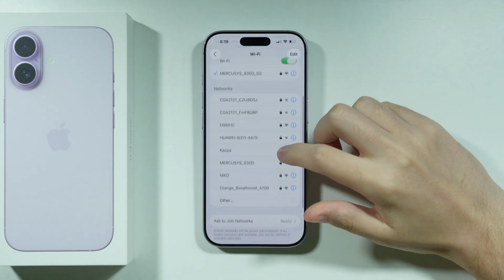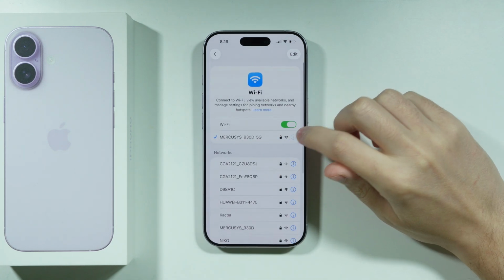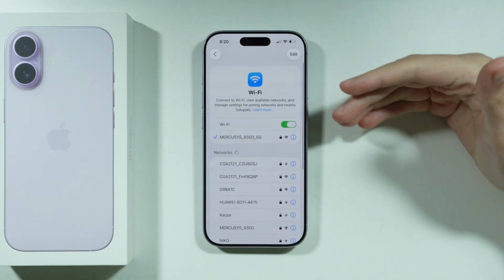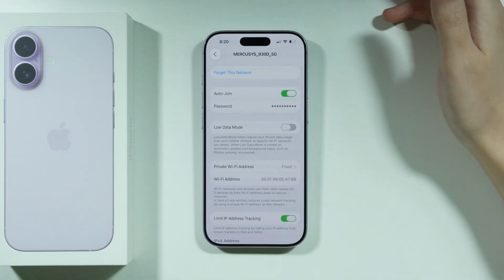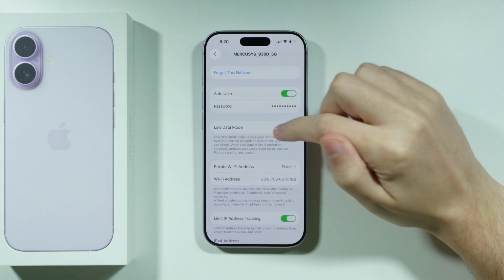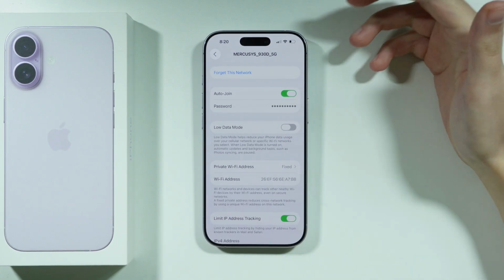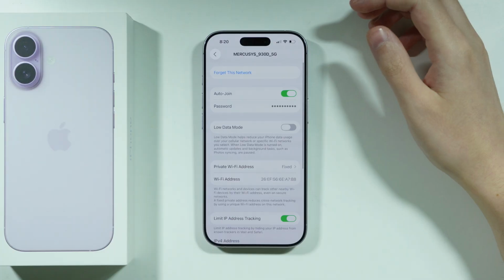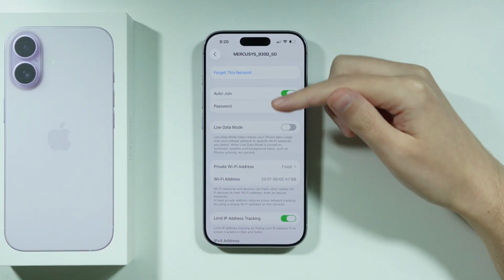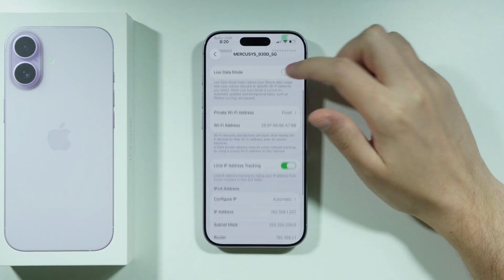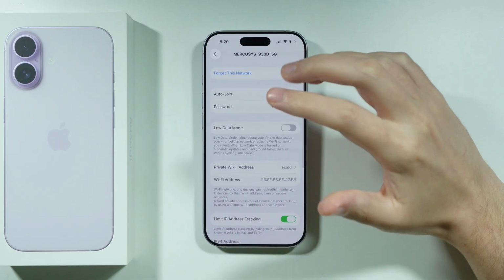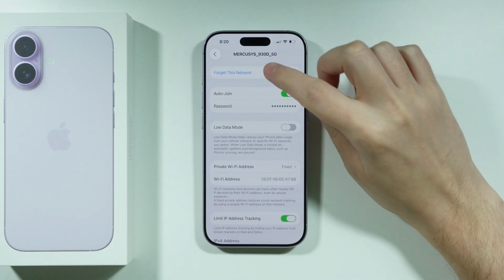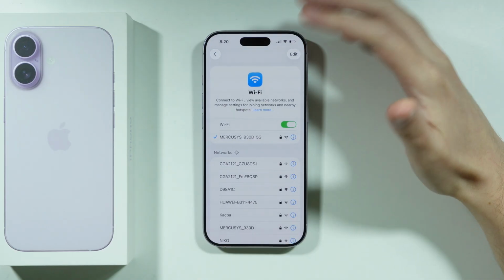So another thing that we can do is simply go to the details of the network that you are connected to. So we can select the network over here, and you can disable the Low Data Mode, which might be the reason why you have issues with the Wi-Fi. If your Wi-Fi keeps disconnecting, then you can make sure that Auto-Join is enabled. And also, if none of this helps, then you can forget this network and then try to connect to the